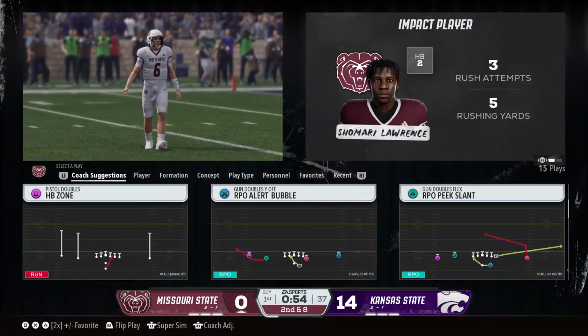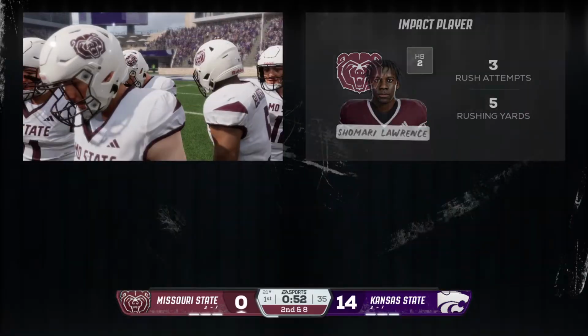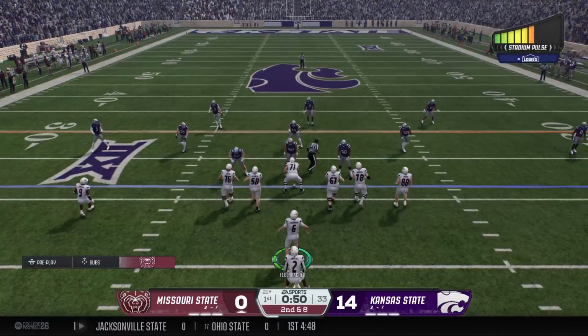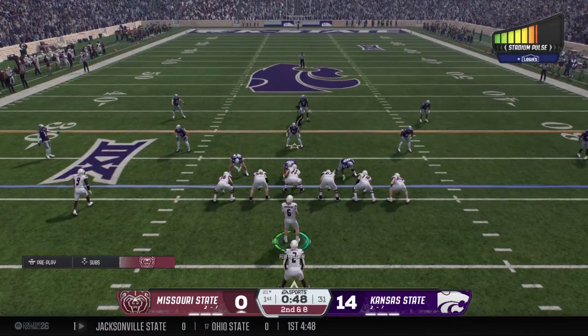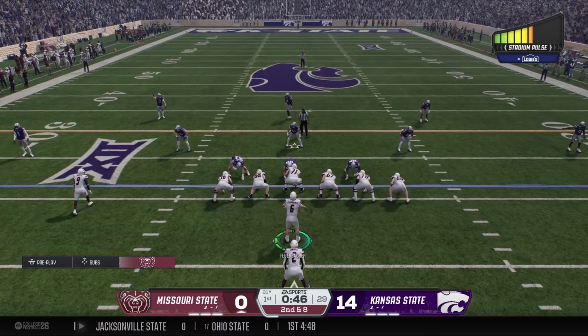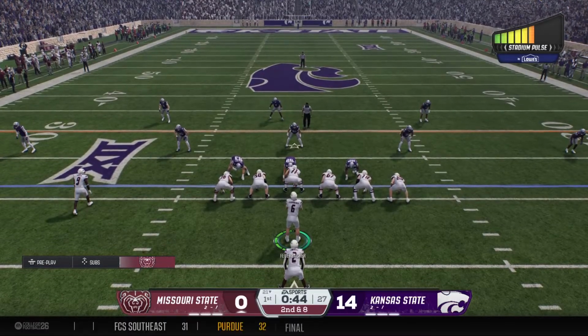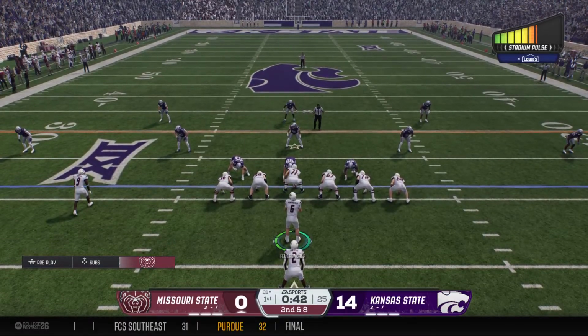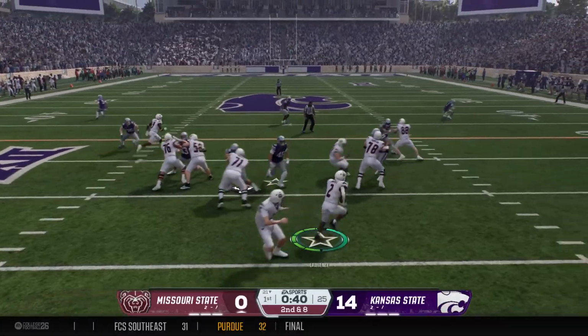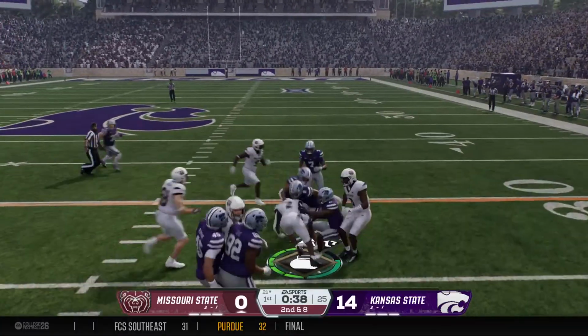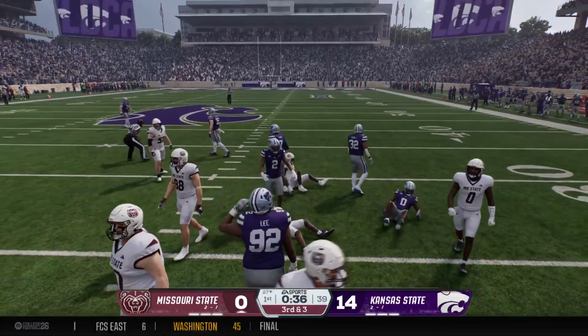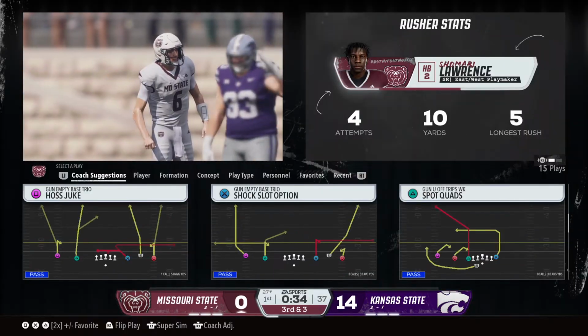Offensively, for this unit, they've been slow and struggling. They need an explosive play to wake themselves up. And it's just the first quarter, so it's not the end of the world. You've seen slow starts, but you got to continue to pick and pick and pick until you find that play or that scheme that you can use against this defense. That'll be a gain of 5 out to the 27.